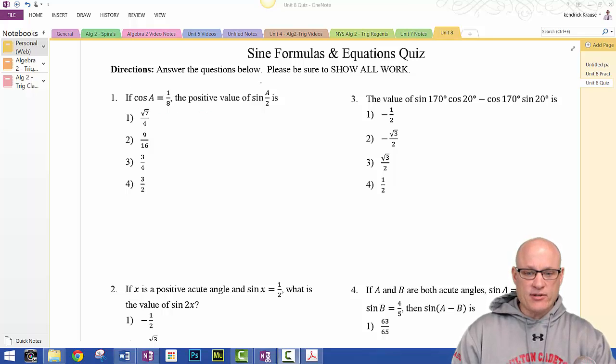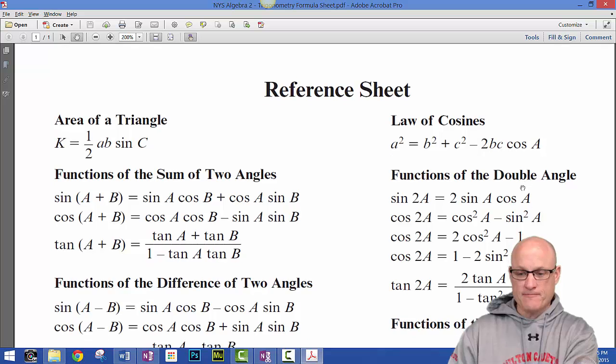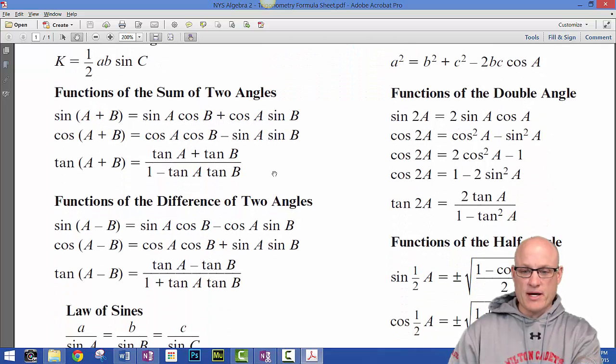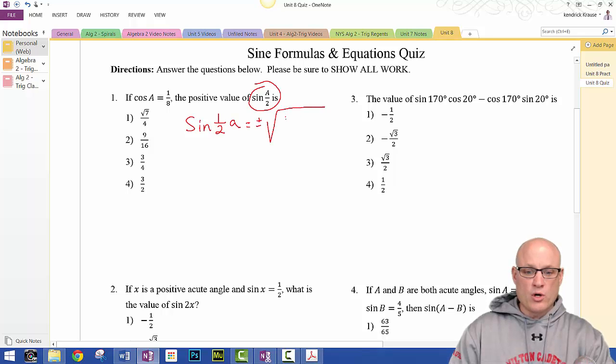I see that I'm asking about sine of 1/2 a. If I go over my formula sheet, I say, oh, sine 1/2 a. There it is, right on the bottom, right here. Sine of 1/2 a is equal to the square root of 1 minus cosine a over 2. So I come over here and I go, okay, equals plus or minus the square root of 1 minus cosine a over 2. Well, I was given what cosine a is. It's equal to 1/8. So I sub in using parentheses, plus or minus the square root of